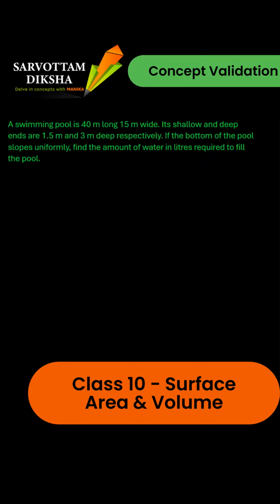Lovely equation, clearing your concepts of volume. Many of you might have gone in a swimming pool. It's shallow on one side and deeper on the other side in a few of the swimming pools. So there is a slope on the floor which is uniform, and from the top your water is uniform. So I have marked the dimensions.